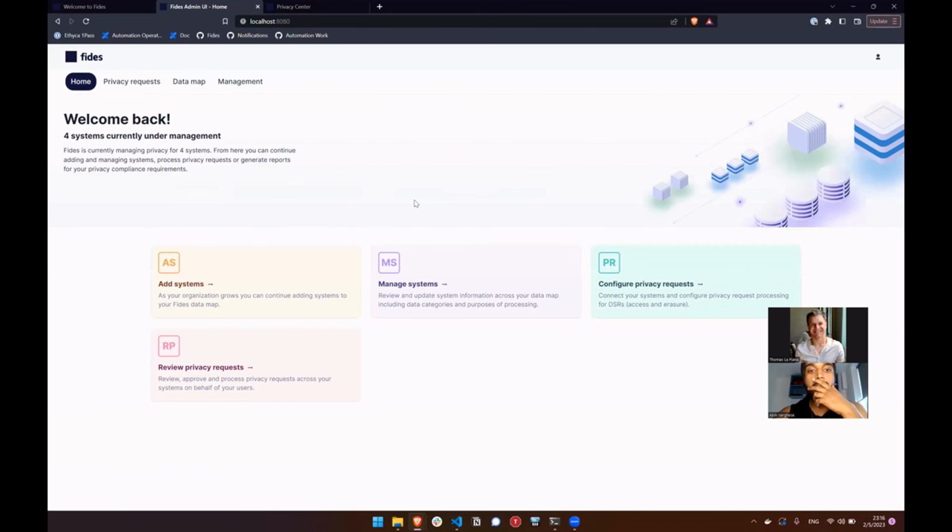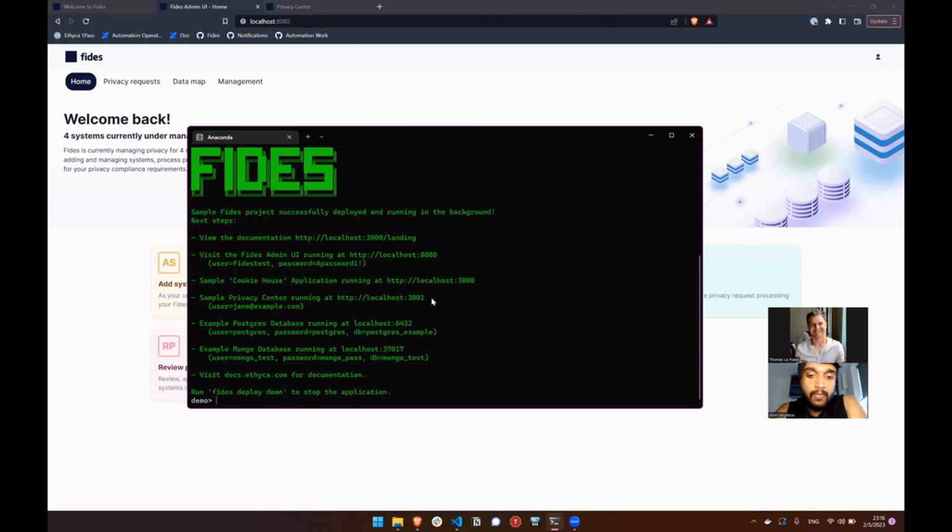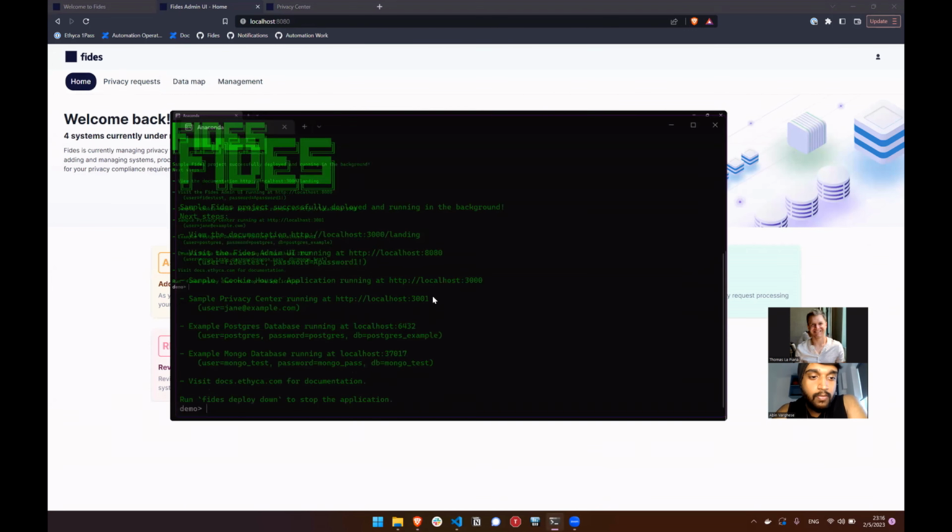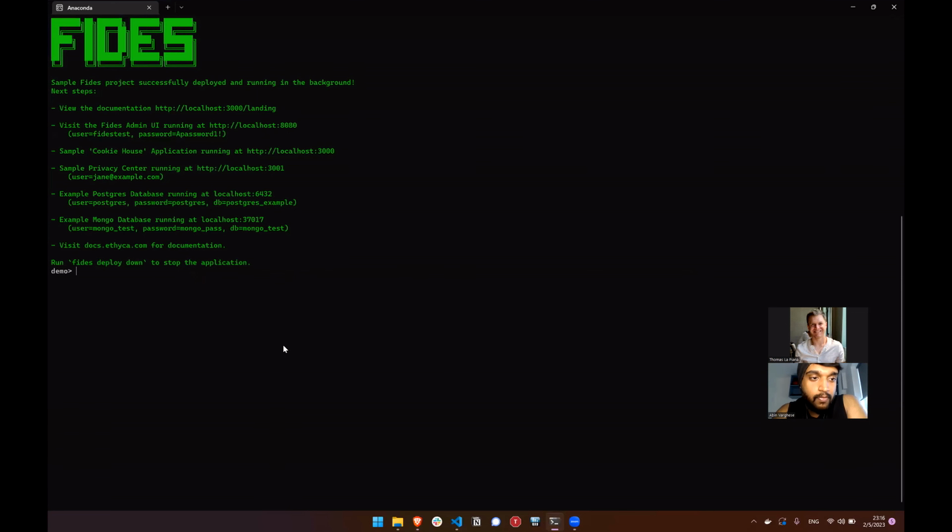So now let's go over to the CLI a little bit. This is going to be more engineer focused, but I think just as important. One of the things we can do here is we've got a folder called .fides, and it's got a configuration file in it, and it's basically telling our application where all of our stuff lives. So we've got things within the system already, so we can do a